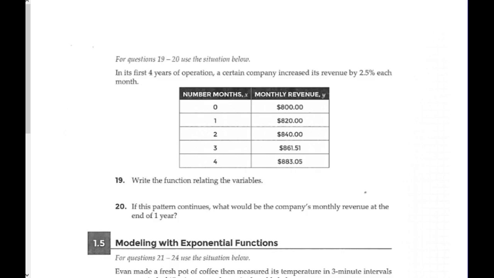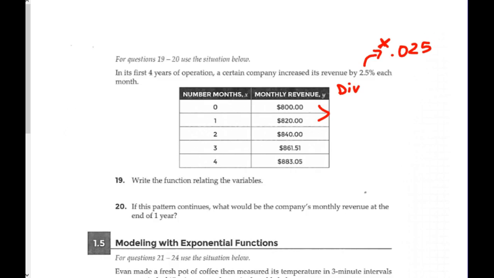In its first 4 years of operation, a certain company increased revenue by 2.5%. Hopefully you know that means 0.025. Multiply. Okay, so that's what's happening each year. When you divide